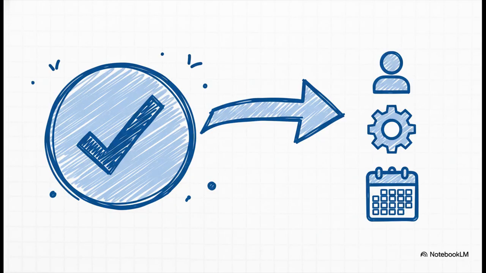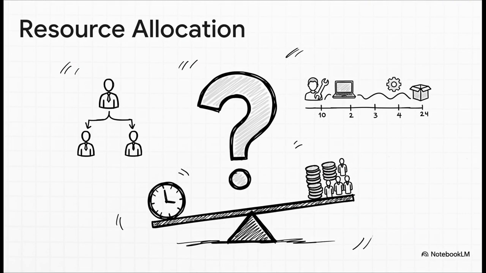So let's take the next logical step. You've done your homework, you've run the numbers, and hey, the community garden looks like it's actually feasible. That's great. But that yes is a conditional yes. It's only possible if you use your resources the right way. And that brings us to the next major objective. Resource allocation. It isn't just about handing out tasks.